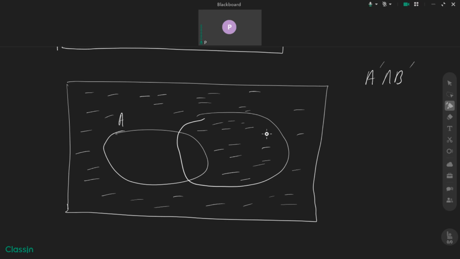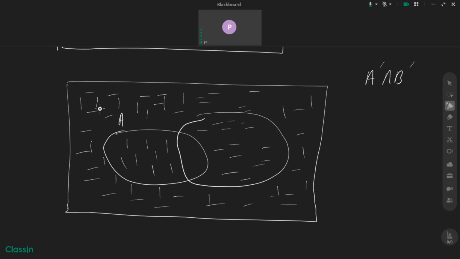Now let's mark the region B complement. Let's mark it with vertical lines. So B complement will be this whole outside region, and also B complement will be this region, outside B. Now if we see the intersection between these two complements, between the horizontal and vertical lines, we see